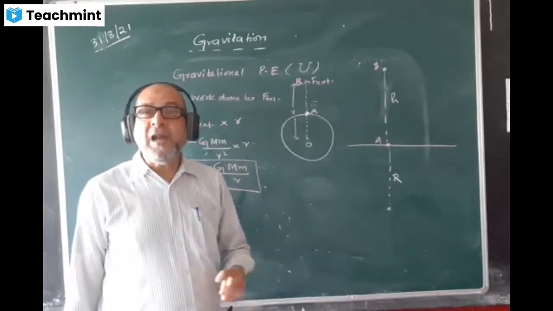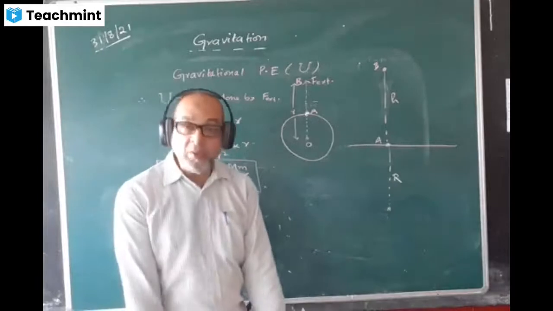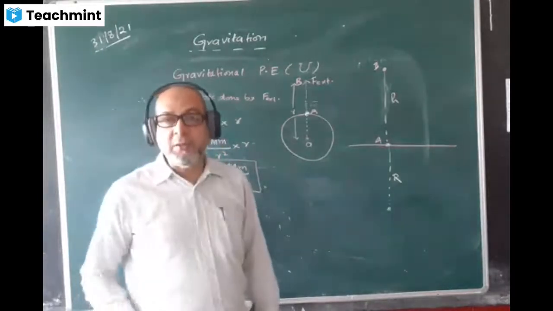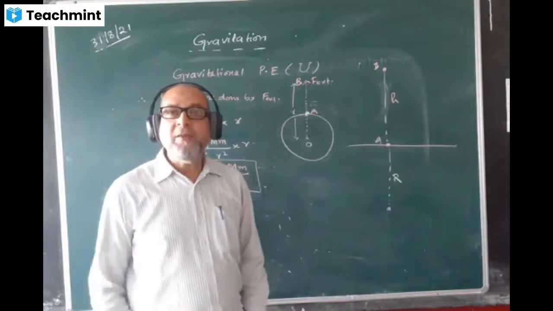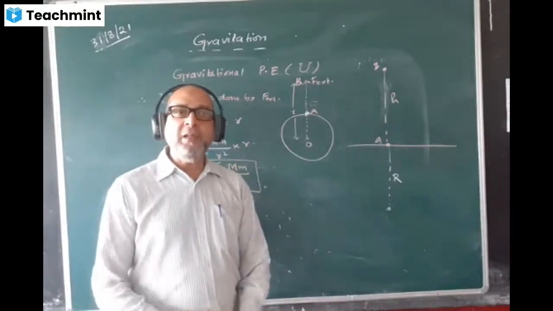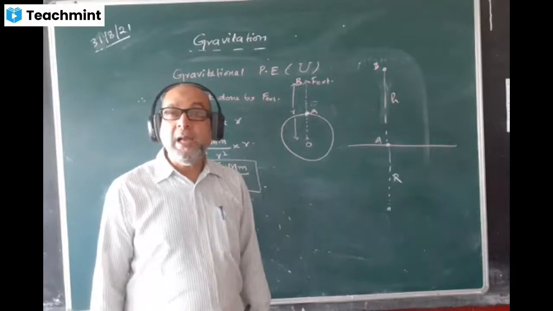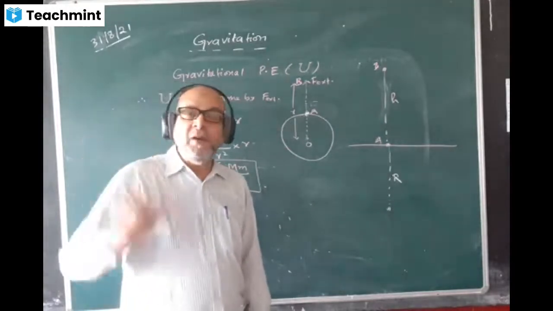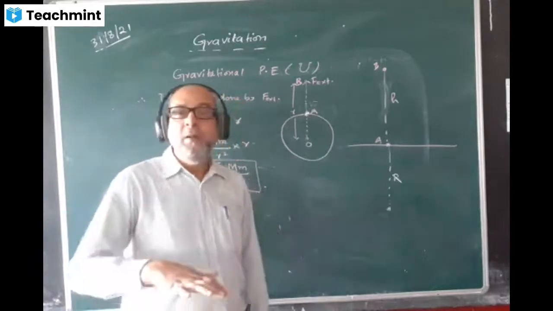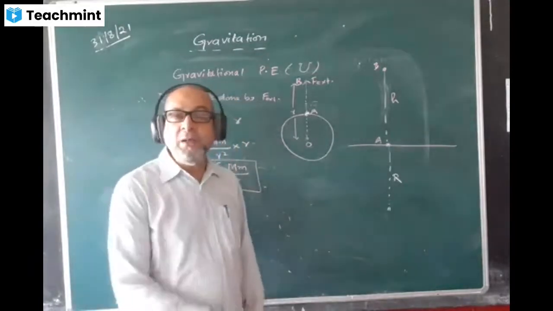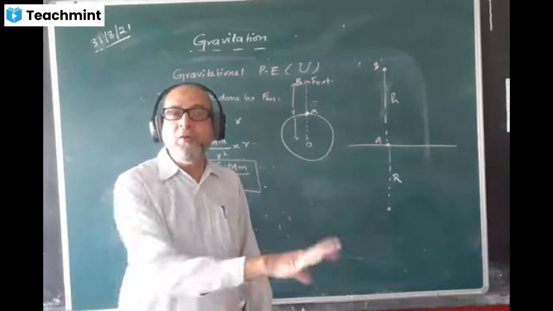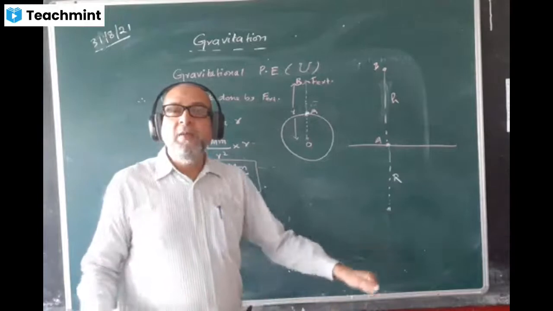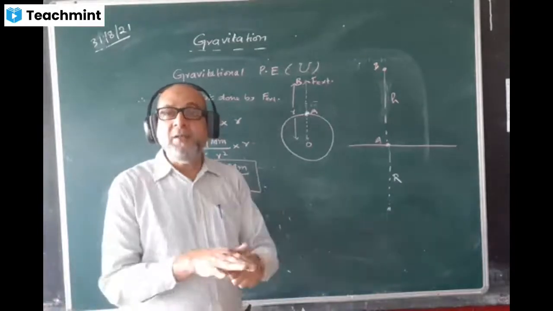But as a matter of fact, it is not 0, because we are standing on the surface of the Earth, at some distance from the center of the Earth. So we also have energy. You might think that the potential energy is 0, but actually it is not. Since we are comparing the energy of one body with respect to another body, and both bodies are lying on the surface of the Earth, both have the same amount of energy. The initial energy is the same for both bodies. That's why we used to consider that as the origin and take this as 0.